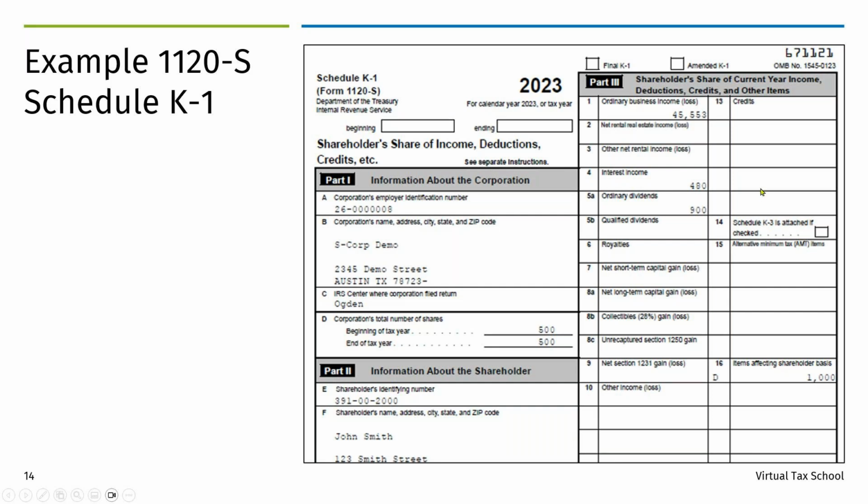So this is 60% of his earnings from the entity for the business income, interest income, ordinary dividends. This will be reported on Schedule B of his 1040, and ordinary business income will be reported on Schedule E of his 1040. So before you move off this slide, because we're going to go to TaxWise next, I think,